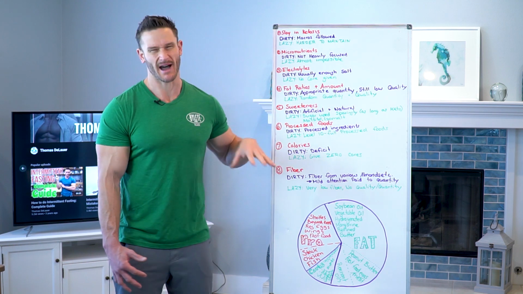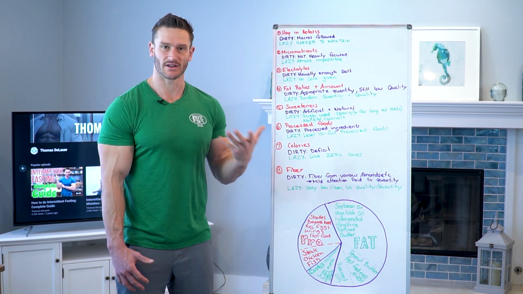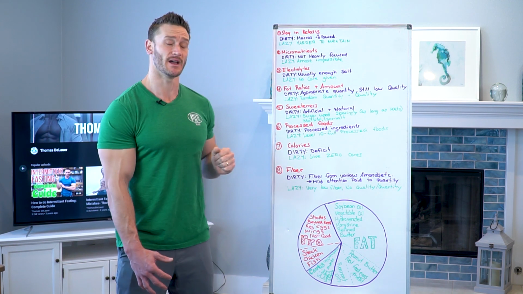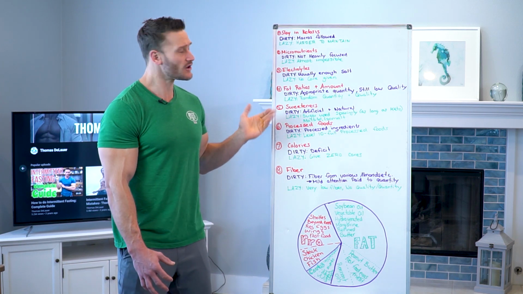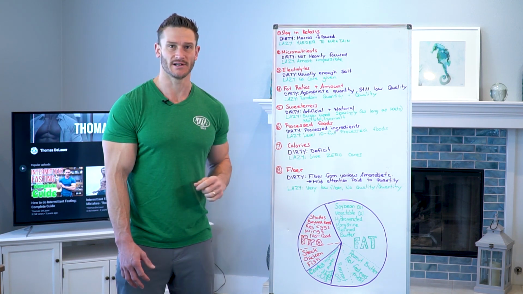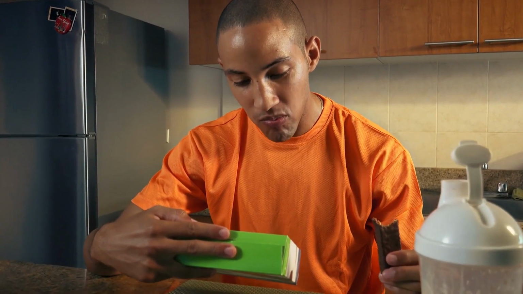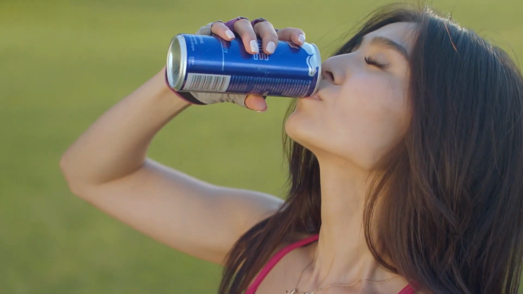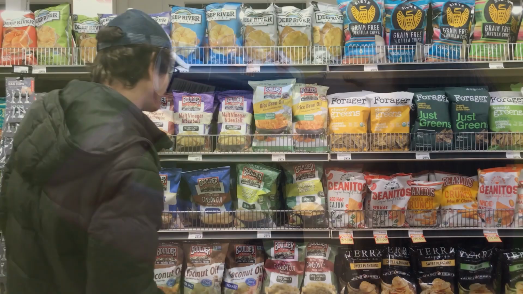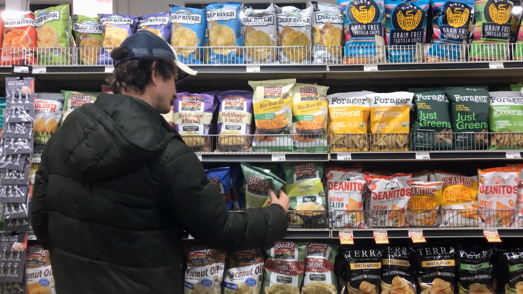And then when we get down to the pie chart in a little bit, it'll all make sense because I'll give you some examples. Sweeteners, this is a big one. Okay, with dirty keto, you're using a lot of artificial and natural sweeteners. You're probably eating a lot of processed food that has maybe some aspartame, maybe some sucralose. You're probably drinking energy drinks, things like that. You're probably having a lot of these keto snacks that have a bunch of erythritol and a bunch of stevia, a bunch of monk fruit.